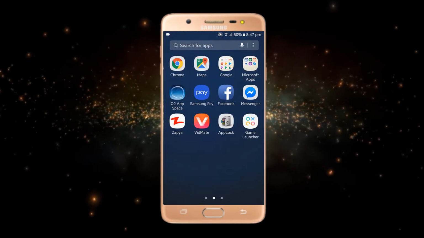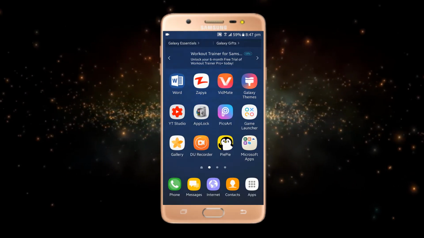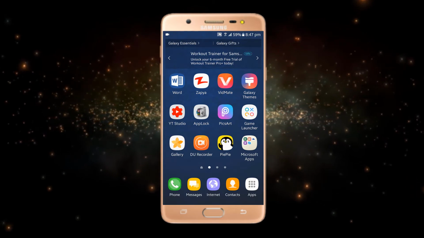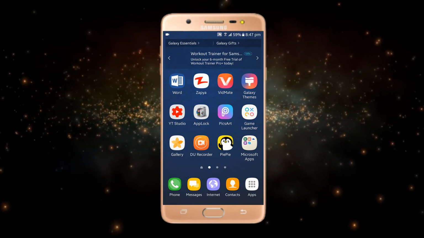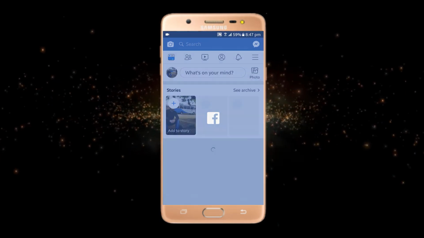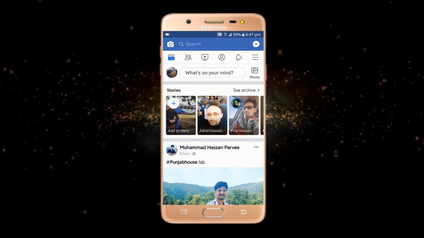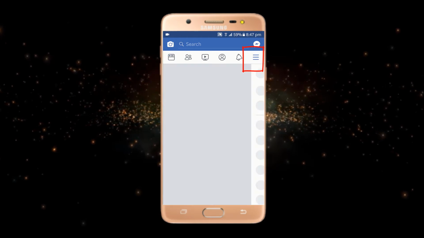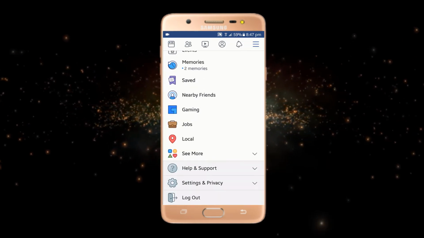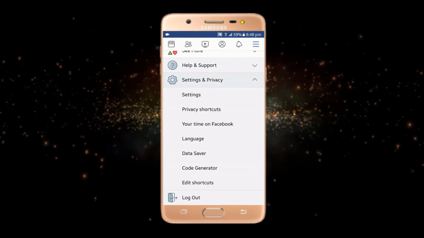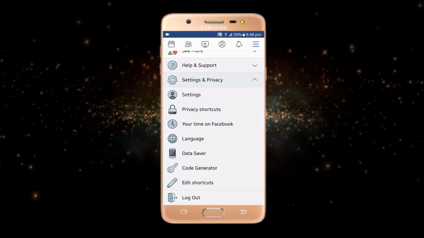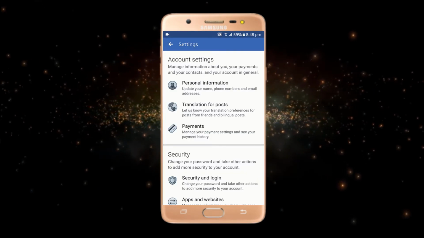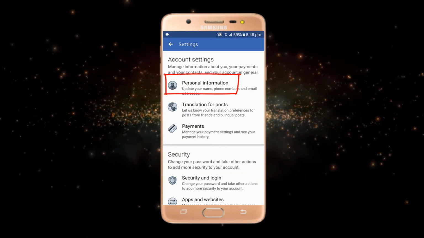Let's start our video. Suppose that you just want to deactivate your Facebook account for some time, then for doing so you open Facebook. Okay, I will show you the method by using Facebook app. From here you have to go to these three lines and go to settings. Okay, just tap on it and go to settings. Now in the account settings you just have to select the personal information,